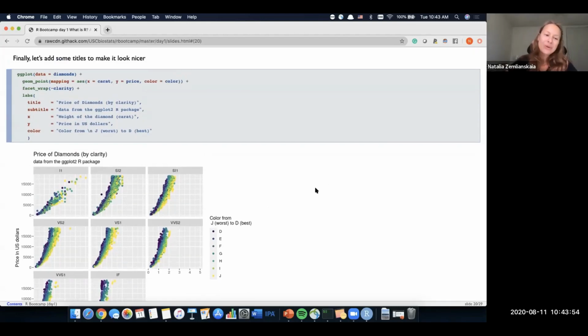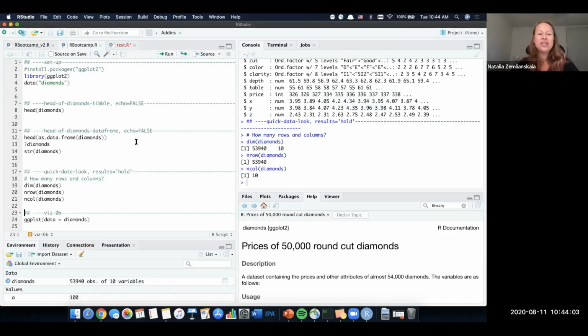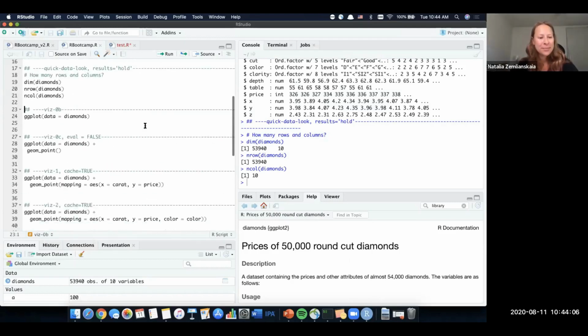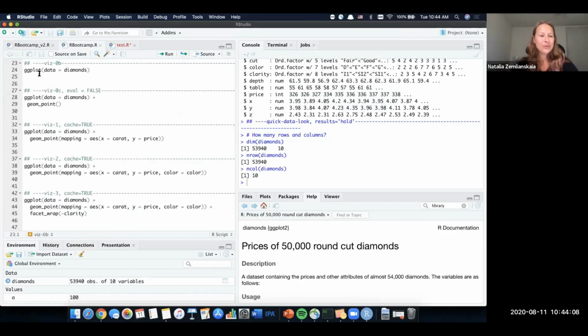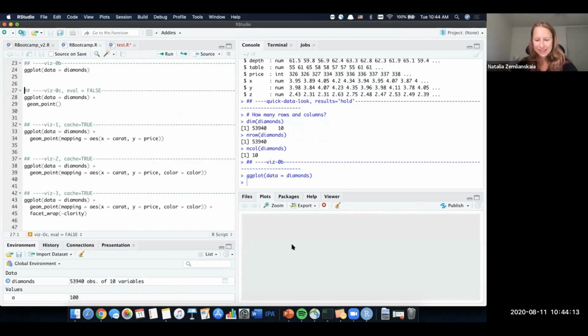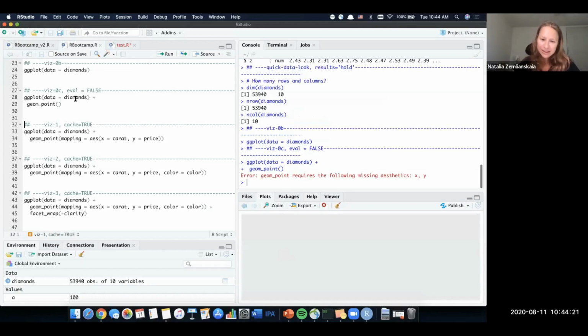So now let's go and slowly repeat these steps in R so you can build this ggplot by yourself. And you've seen that it's actually just a couple of lines. So again, we'll see that ggplot just gives us this gray screen. We didn't specify what type of plot we want to see. And when we specify the type of plot, it is not enough to build the plot